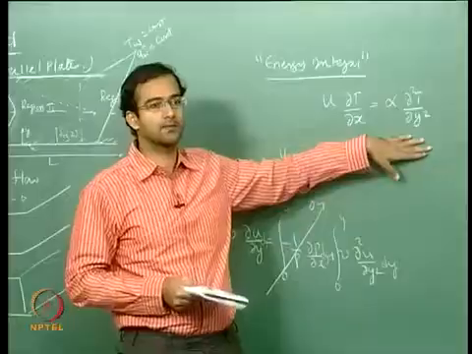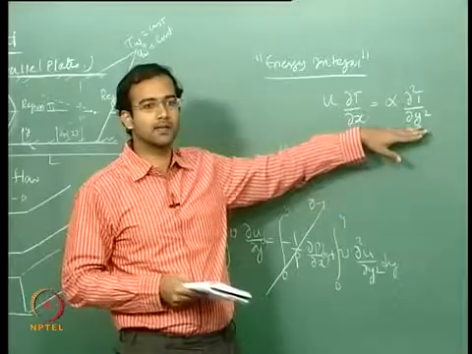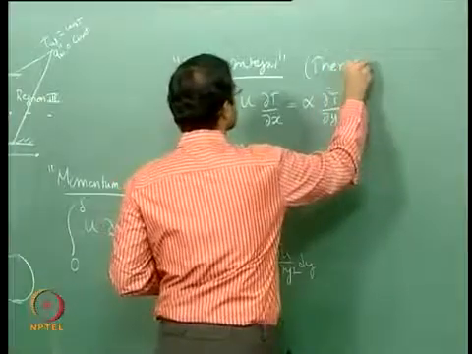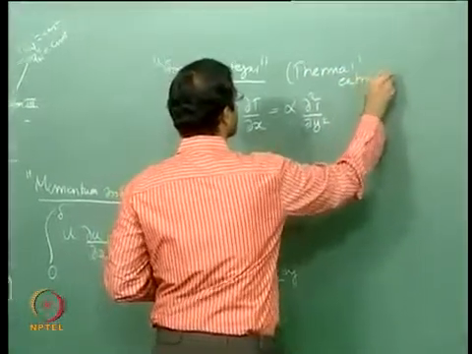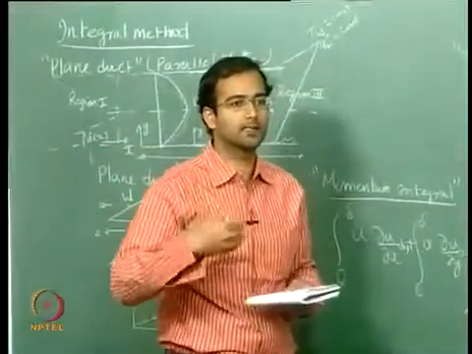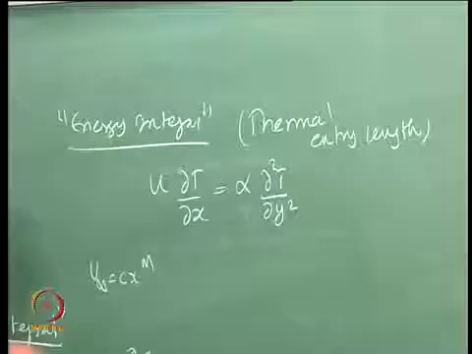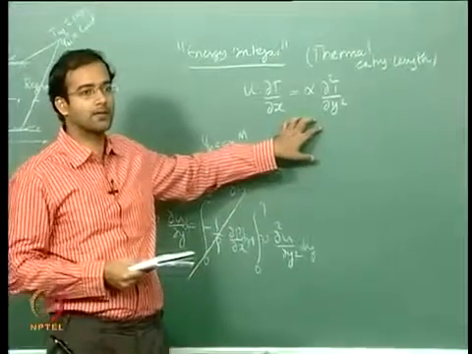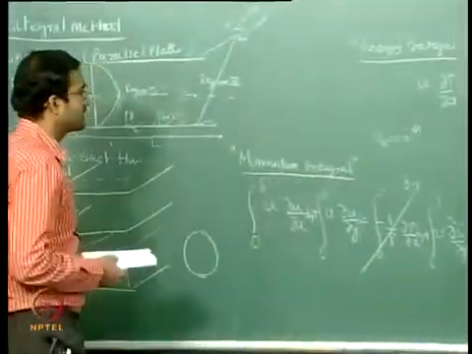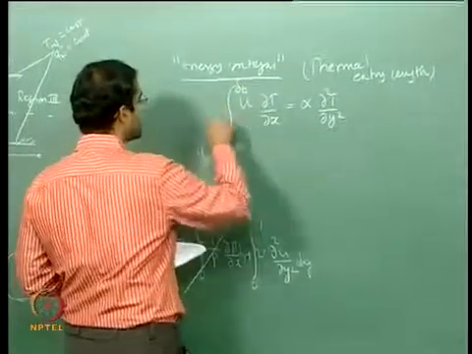We wrote this for the case where we have a thermally developing region. So this is the energy equation for thermally developing region or thermal entry length region in the Cartesian coordinate system. In the classes we were doing this for cylindrical coordinate system for the case of circular duct. So right now we are looking at only Cartesian coordinate system, that is for plane ducts. So in that case you can integrate this from 0 to delta t,